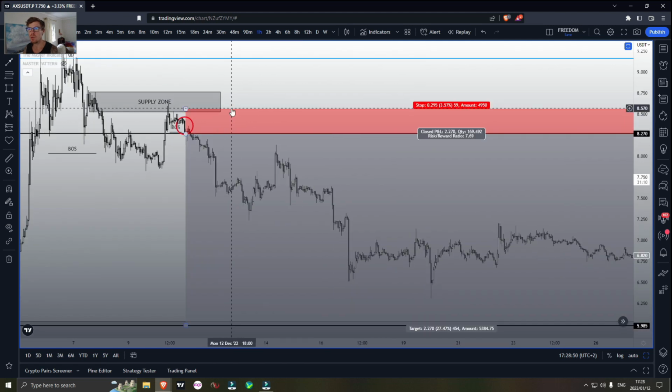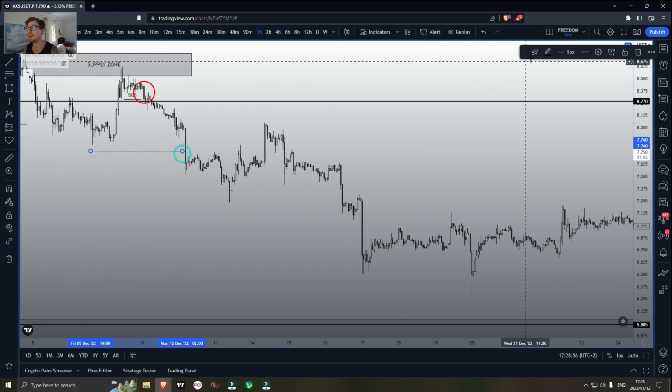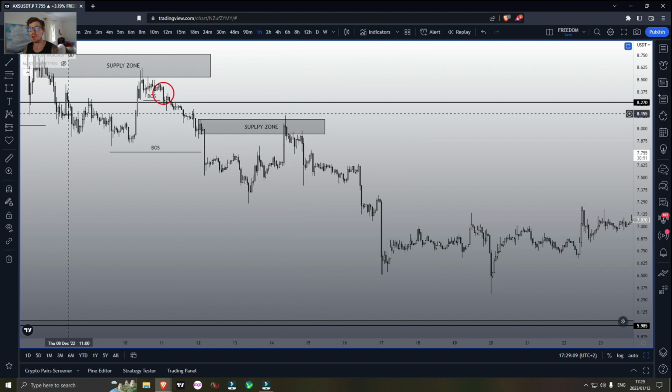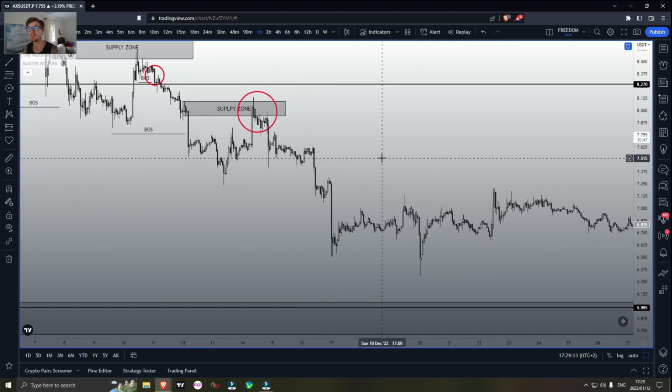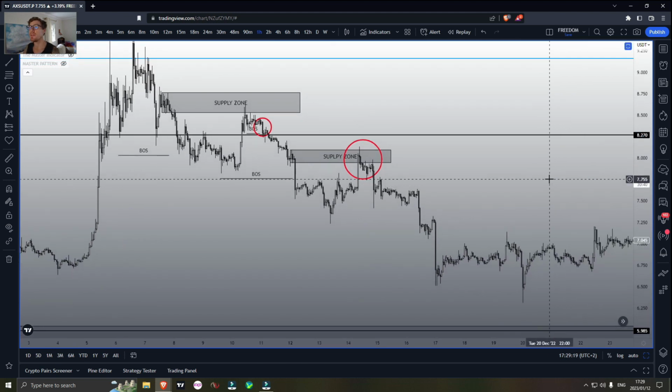If we wanted to re-enter the trade, as we got this break of structure over here, we can see it left behind these indecision candles. This zone could have been a re-entry into the trade, but I didn't do that. I just held my position, diamond hands, and we were victorious at the end of this trade. Very successful,